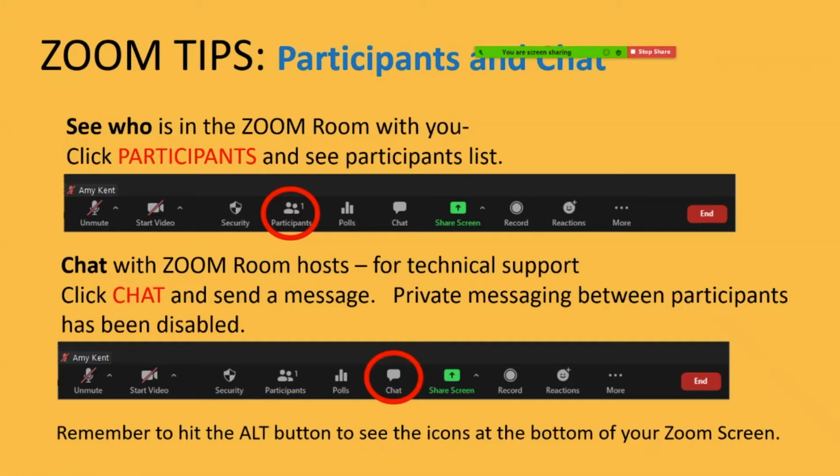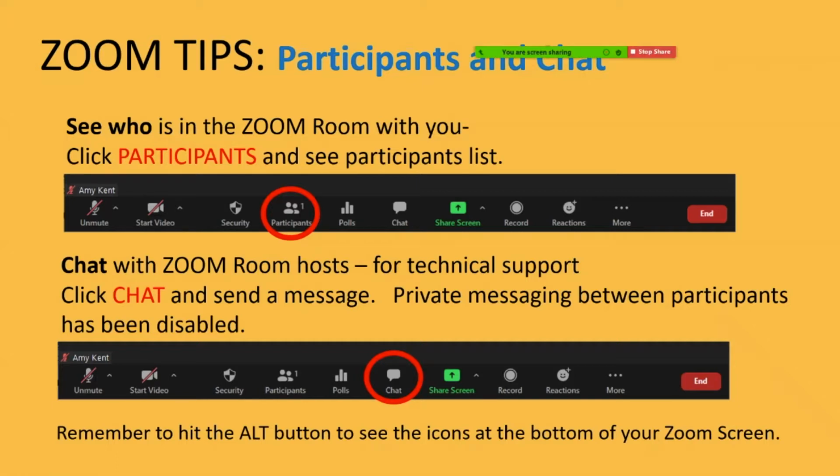Zoom controls: move your mouse to the bottom of your Zoom window to see the toolbar icons. To turn your video on or off, click the camera on the toolbar at the bottom of your Zoom window. You will be muted during the service. Click chat to send a message to the participants and presenters. And views: in the upper right-hand corner of your screen, you can go between gallery view, so you can see everyone, or